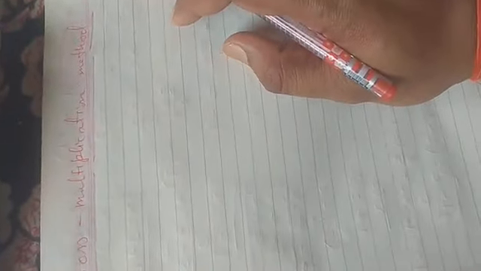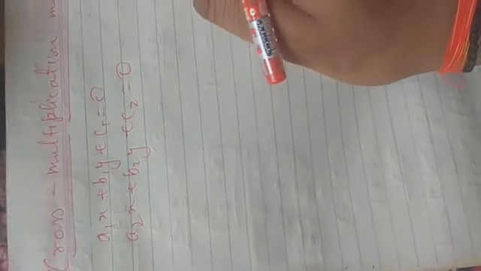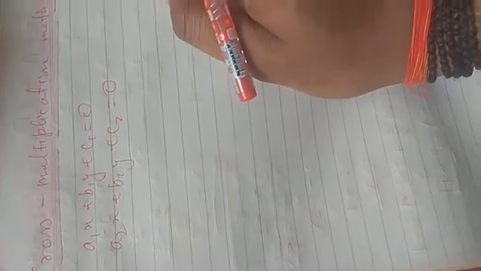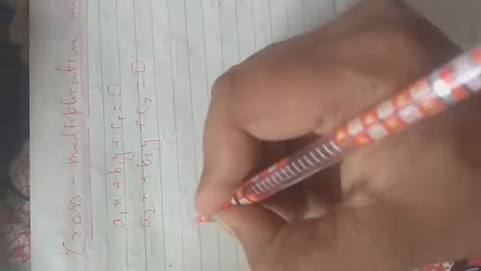Cross multiplication method. Suppose we have equations a1x + b1y + c1 = 0 and a2x + b2y + c2 = 0. We have some conditions, but we will discuss the conditions in the next topic. First of all, we'll try to calculate the values of x and y with the help of cross multiplication. It's a very easy process and you have to revise it or remember it.